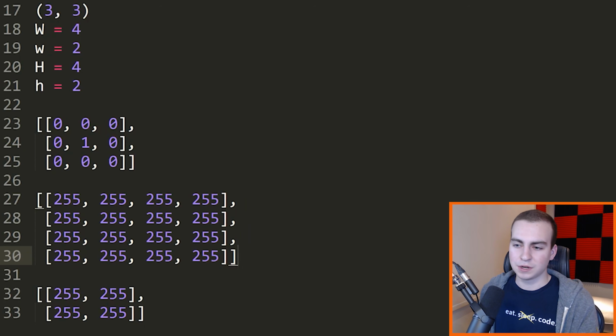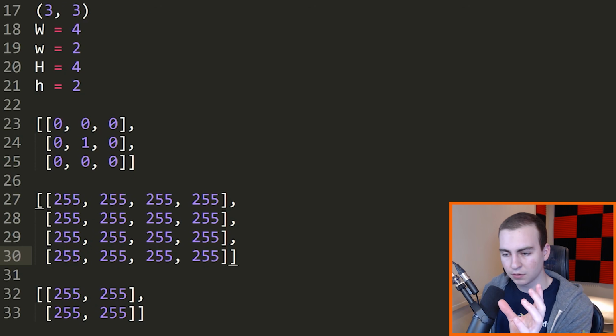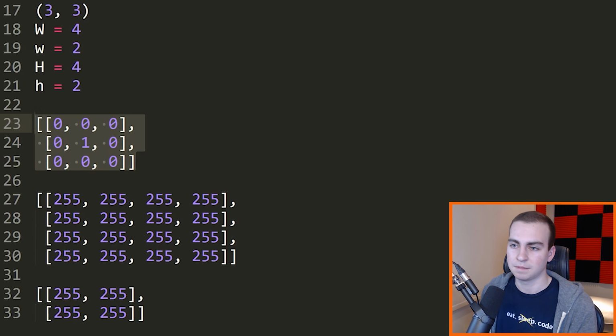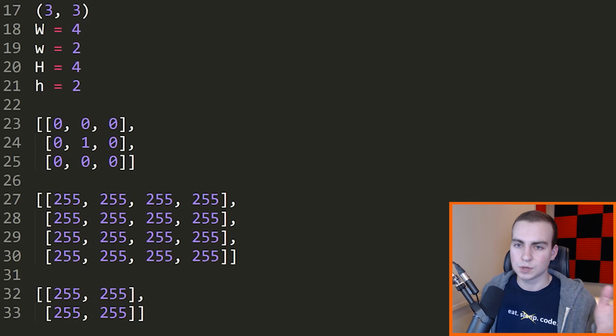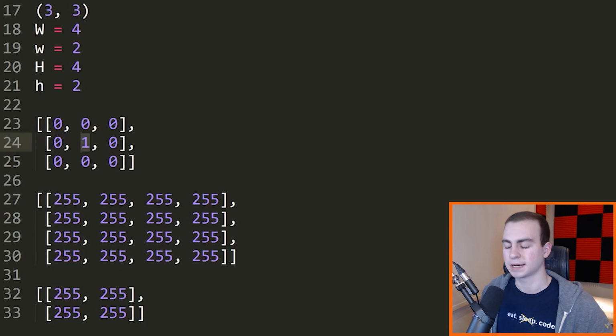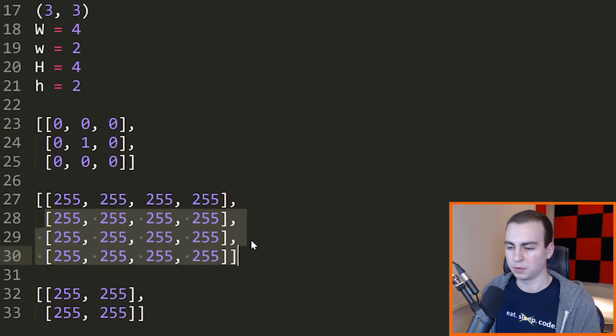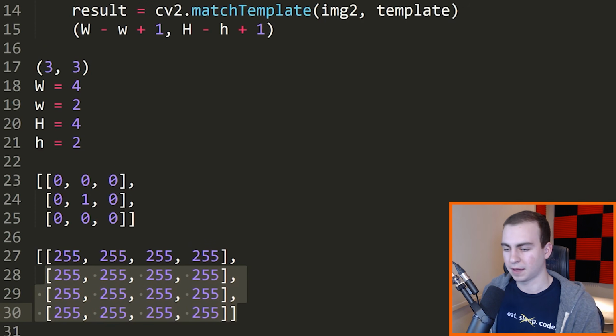So there's a lot to go into here. It's very hard to do this without a whiteboard and kind of drawing everything out. But hopefully this gives you a general idea of how this works. You're sliding this around. You're then creating an output array, which is going to be the size of this. The reason it's the size of this is because that's the number of times that you can slide this template image through the base image. And then you look in this output array, you figure out what the maximum or minimum value is depending on the method that you're using. And then you take that and you try to kind of reverse engineer where this position is going to be in your original base image. Then we can draw a rectangle there, and that's what we need to do.